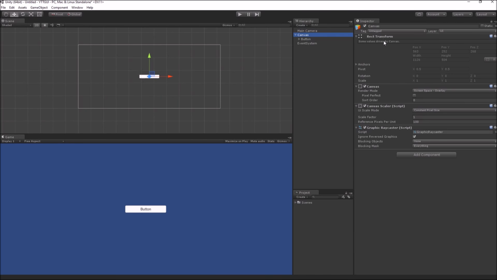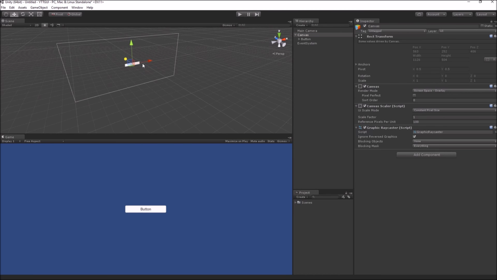In this mode, the rect transform attached to the canvas is completely grayed out so that you can't control any of its attributes, because these values are controlled by the engine itself. It will place your canvas such that it is directly applied to the screen. You can only change the Z value of the canvas, you can't move it in the X and Y values, and even changing the position in Z won't affect how your canvas is layered.